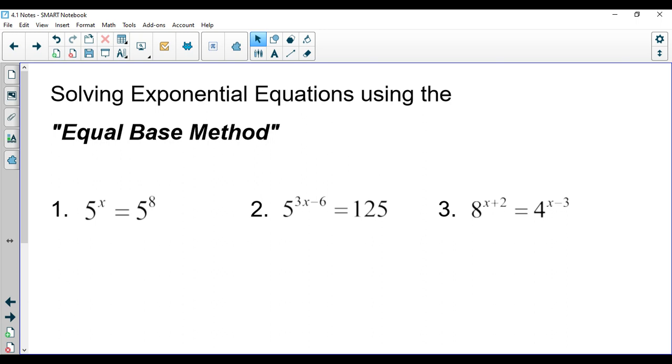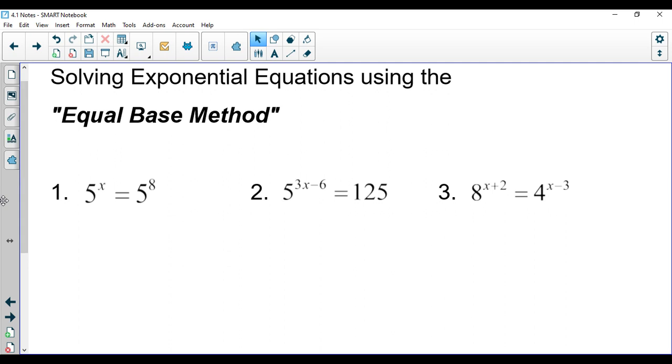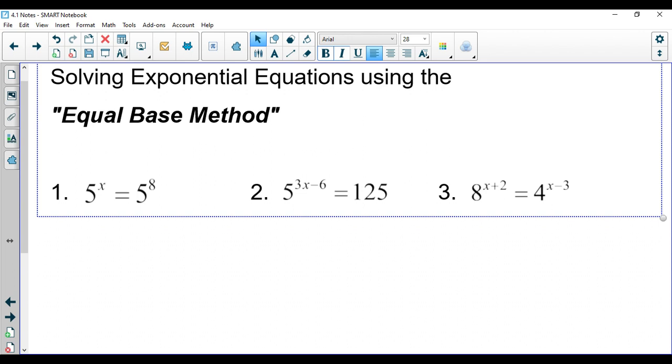Continue our quest with exponential functions, we are going to look at how we can solve an exponential equation for x when it's in the exponent using what we call the equal base method. So this equal base method is based off of pretty basic facts. Like if you look at number one,